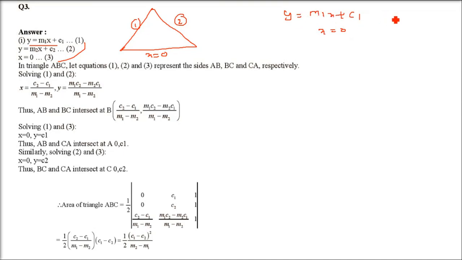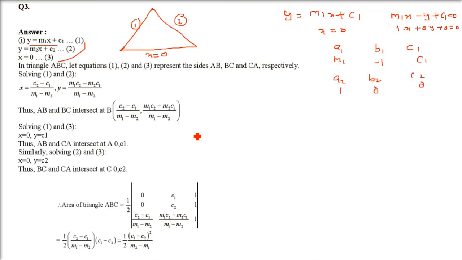So ax plus by plus c equals 0. Let us write it here in the standard form which we know. And x I am going to write it as 1 into x plus 0 into y plus 0 equals 0, in the ax plus by plus c form. Now a1, b1, c1 will be m1, minus 1, c1. How about the second equation, a2, b2, c2? a2 is 1, b2 is 0, and c2 is 0.